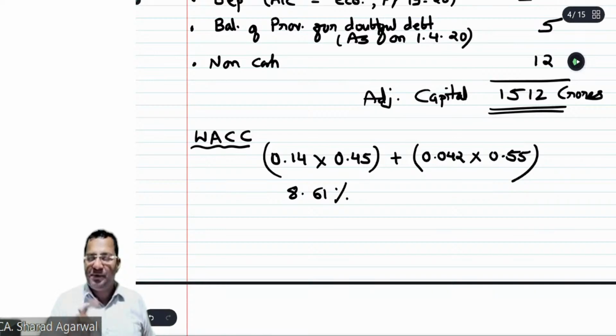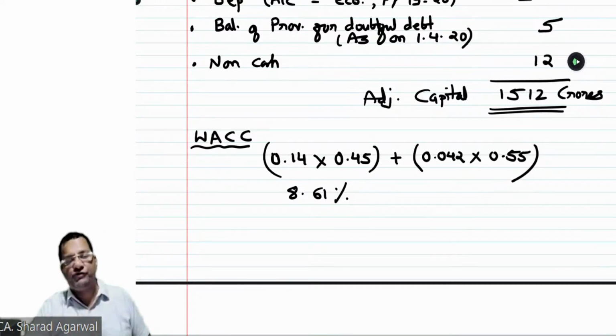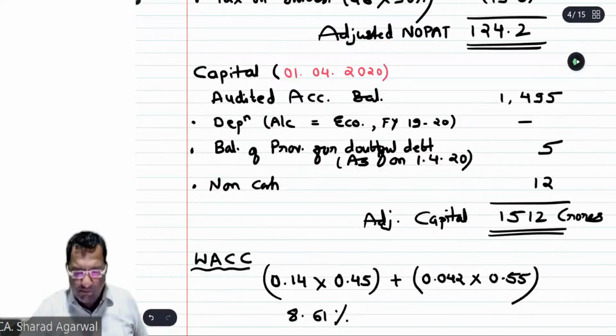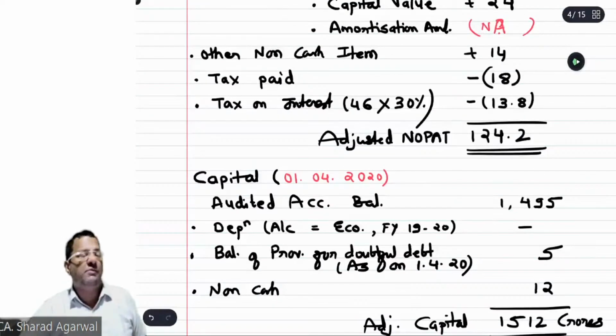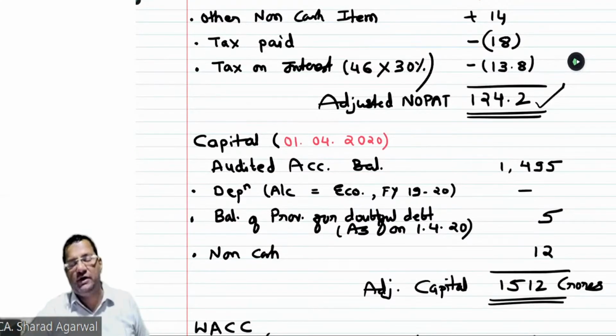So जब आप 12 करोड़ पे 8.61 कैलकुलेट करोगे, that will give you the expectation of long-term providers capital, and this expectation will be compared with the actual profit that has been earned, actual cash profit rather we say, earned by the organization. ठीक है? तो अच्छा क्वेश्चन है बेटा। जब भी ये क्वेश्चन आता है 20 मार्क्स का क्वेश्चन, it will cover whenever the paper setter inserts the economic value added in your paper.